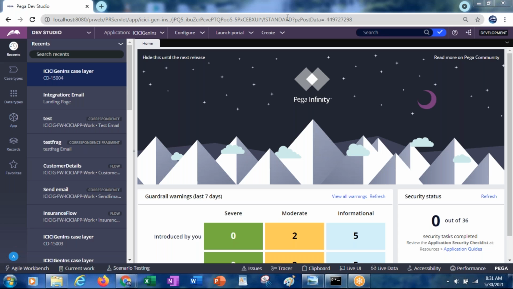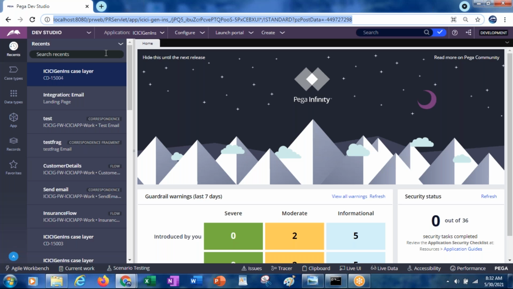Right now, to connect to Pega, we installed it in our local system. It has localhost colon 8080. So this is the port and this is the server, by which we are connecting to the local Pega server. In the same way for email also you will have one server, and you should know the details of that.